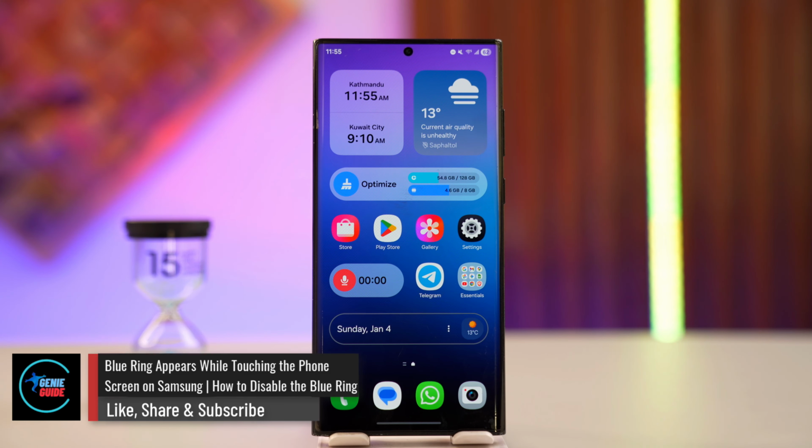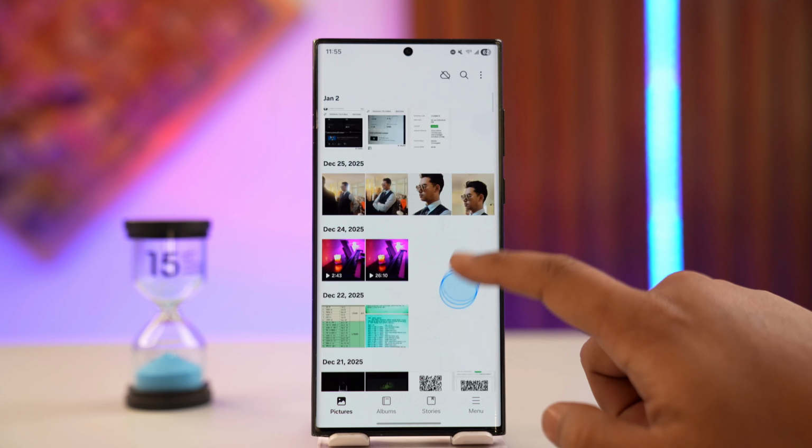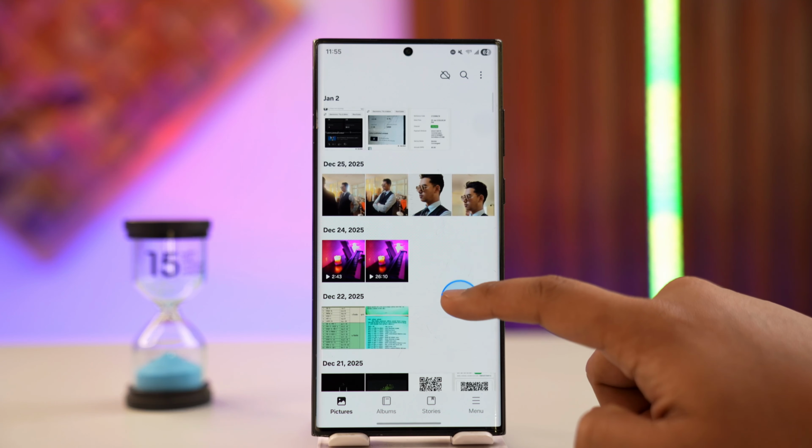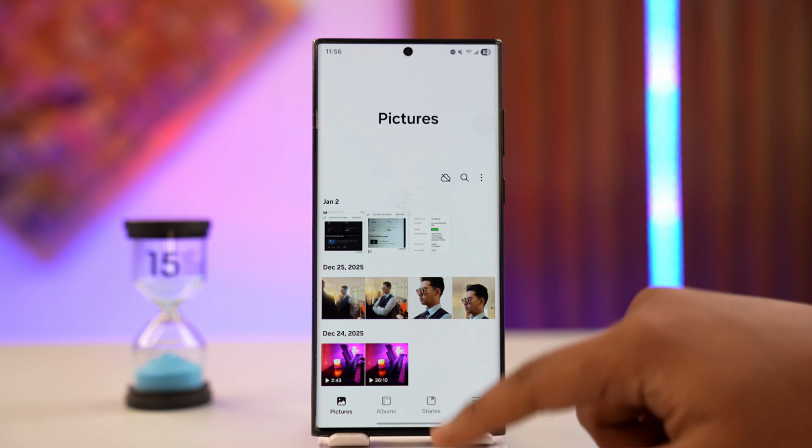Blue ring appears while touching the phone screen on Samsung, and how do you go about disabling that blue ring? So blue ring, as in you can see this little blue ring as I'm swiping through the screens like this, the blue ring is appearing like this, right? So how do you go about disabling this blue ring feature? As you can see over here, now it's not a bug, it's actually just a feature that you might have